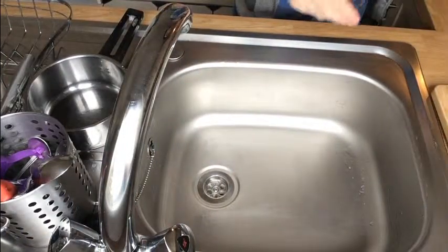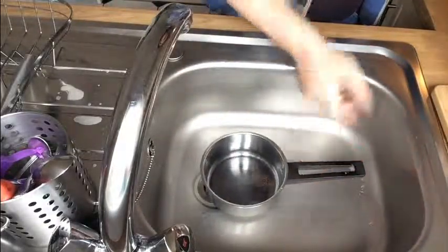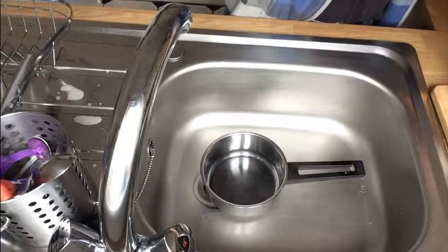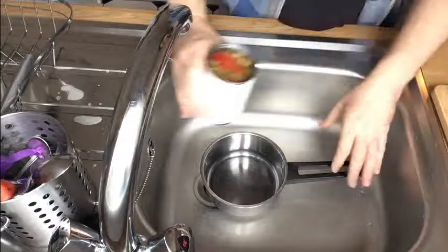So very quickly, we're going to just prep our beans. Not much prep involved with this. You're going to need one saucepan. Put that into a sink. Get your beans open. Okay, there we are. We tip the beans then